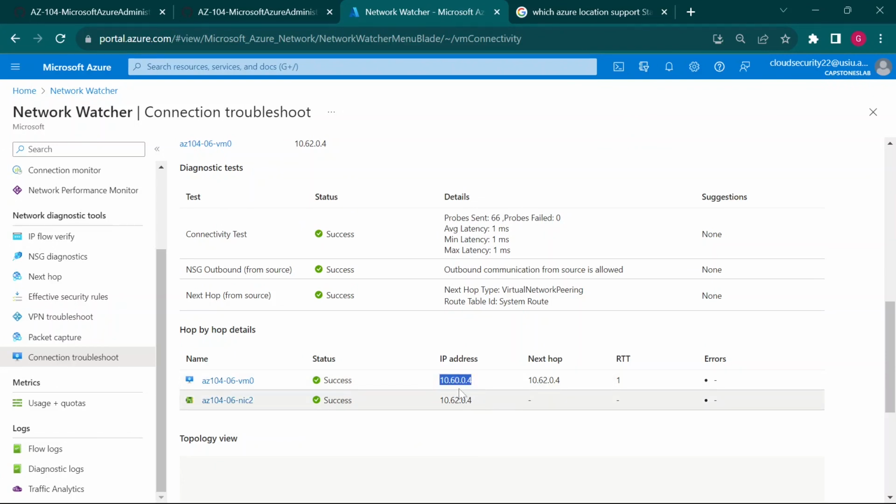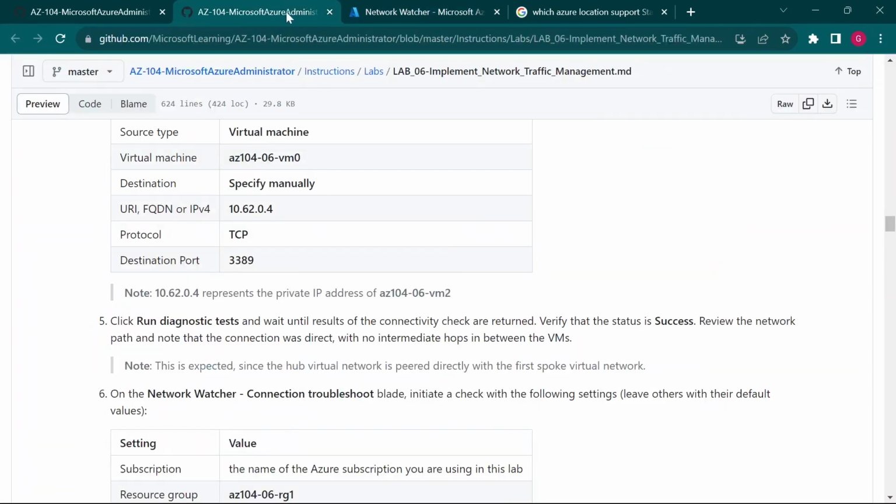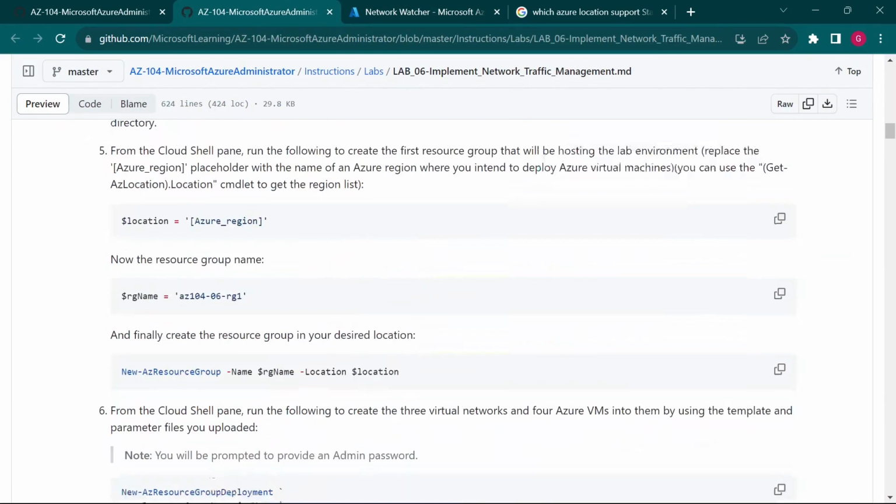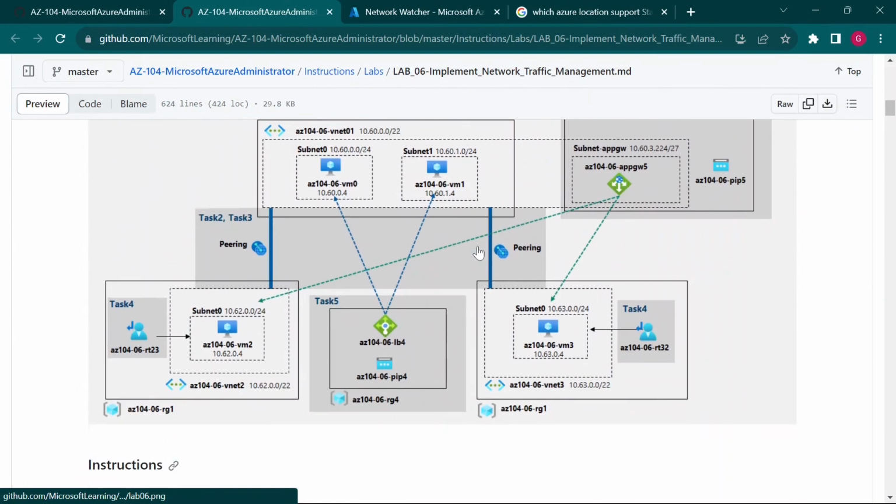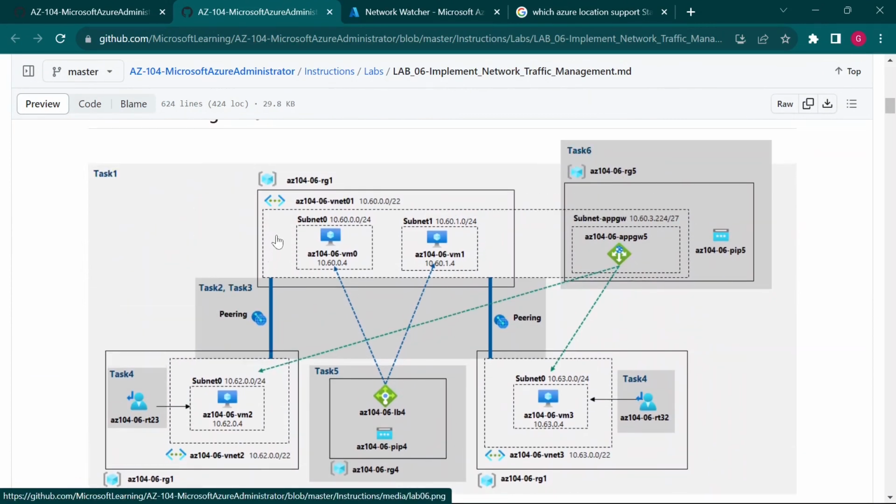So as much as they are in different networks, they are able to communicate with each other directly, because you can see that there is a direct hop to VM2, virtual machine 2. So if I just scroll back to the network diagram here, how it looks like, you may notice that subnet 0, this one, in VNet 1 has the IP address